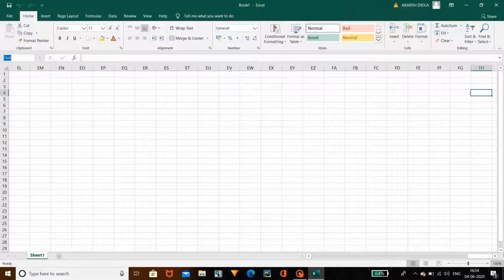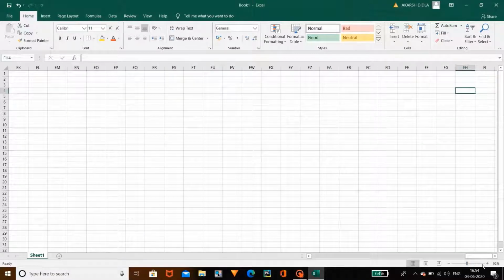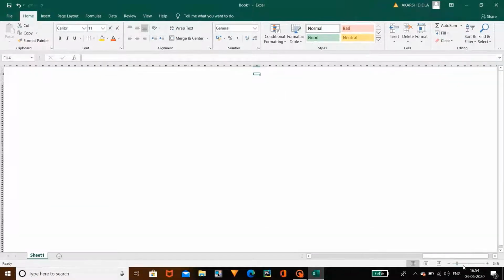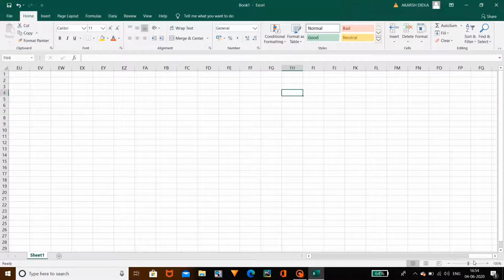And coming to the next, here towards the right side, this is called the zooming option. You can zoom in or zoom out, as you can see here. And coming to the top, this is the close button, maximize button and minimize button, and this is your account. To save, you use this button, and to undo and redo, you use this button. So this is the basic introduction about Excel.